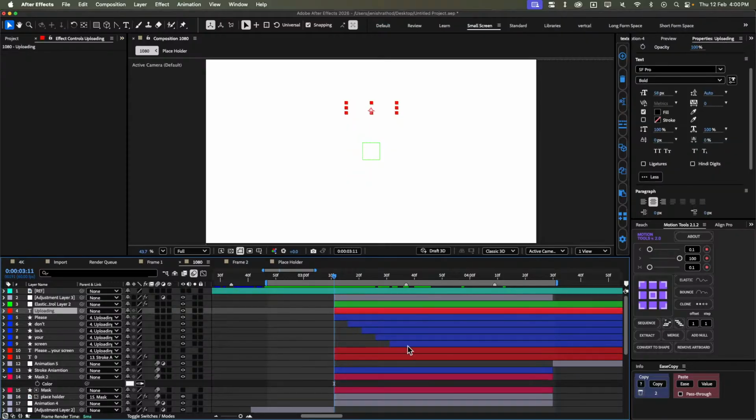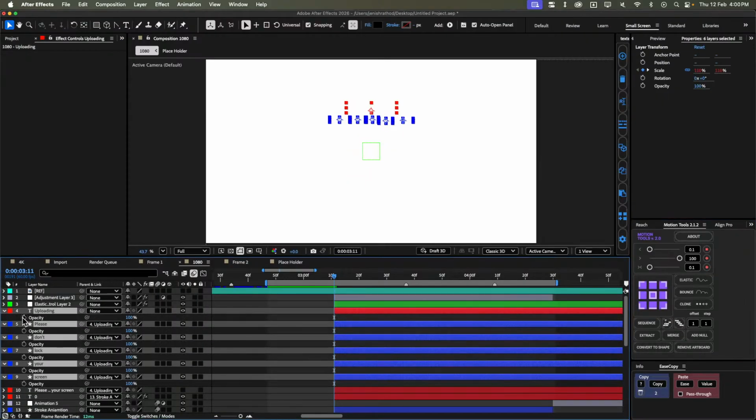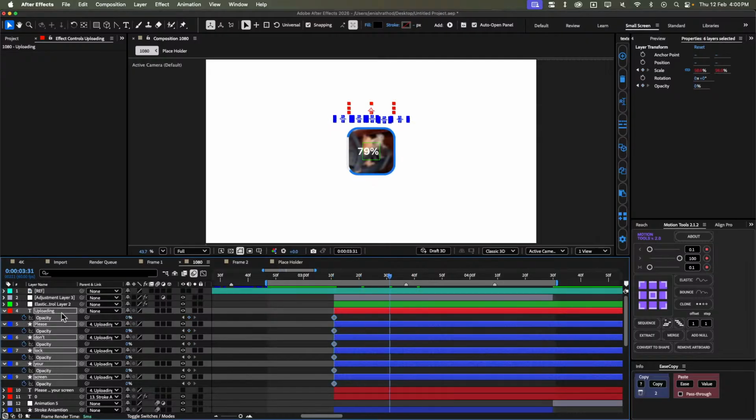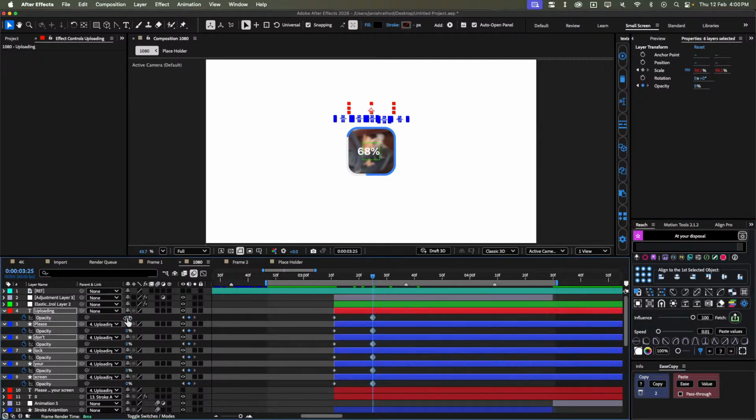So here and open opacity, set it to 0, 1, 2, 3 or to 1, 2 and keyframe set it to 100,